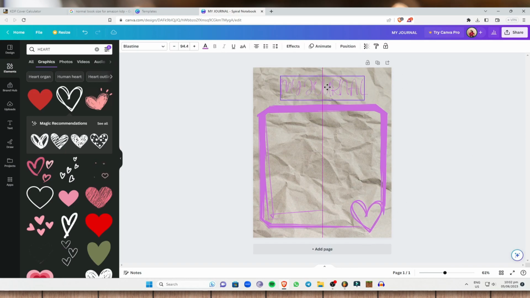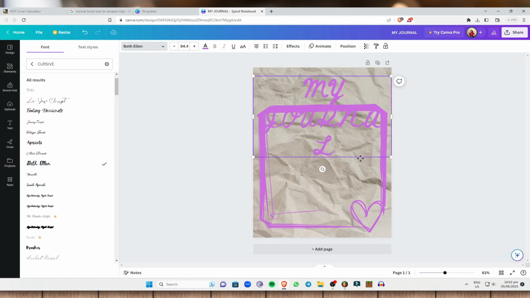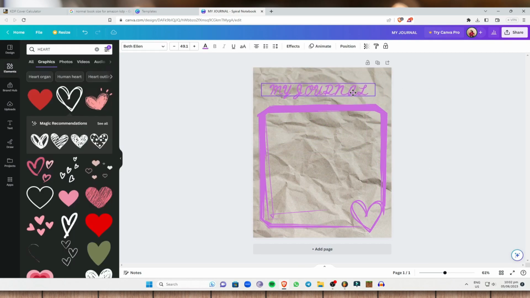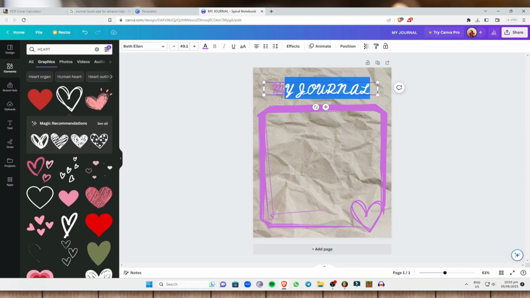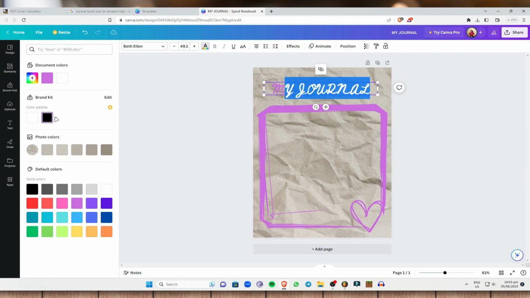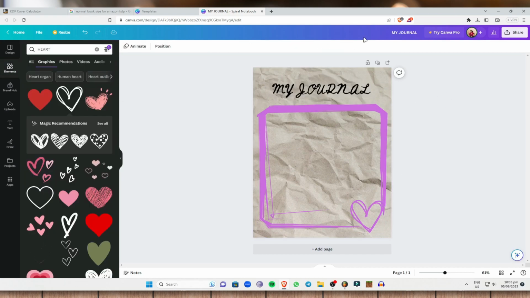So as you can see, my text right here is not very readable. So I'm just gonna select another text right here that is actually good. So I think this is good right here, and we can actually change this color to, let's just select black right about there. And I think this is good. So please don't judge me on this. I'm just showing you how you can actually make a